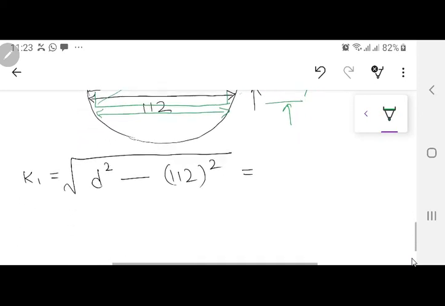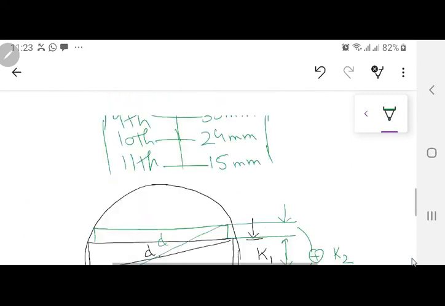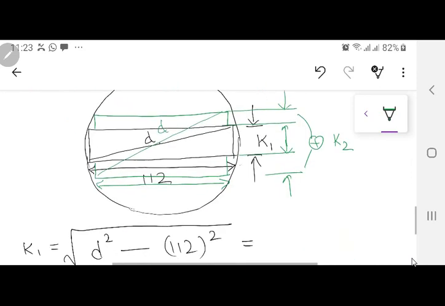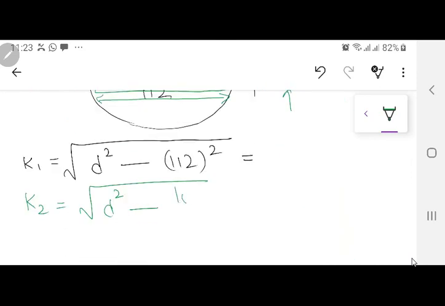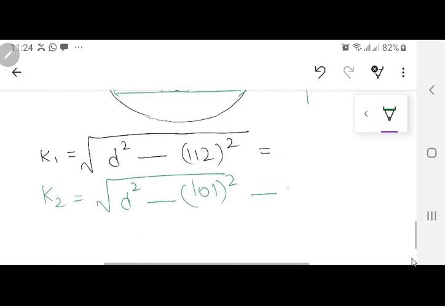So for K2 calculation, you will be doing D square minus the second step width, which is 101 mm. So you have 101 mm square, but you have to subtract what? K1. You have to subtract K1 from here. So this will be equal to K1 equal to, and when you are trying to find out K3, next step,